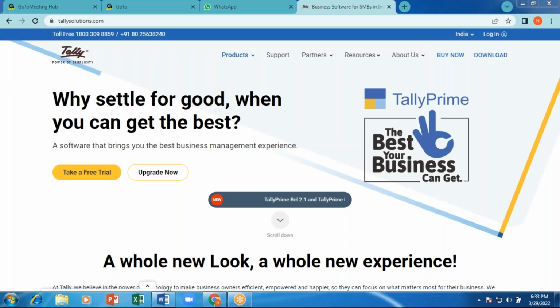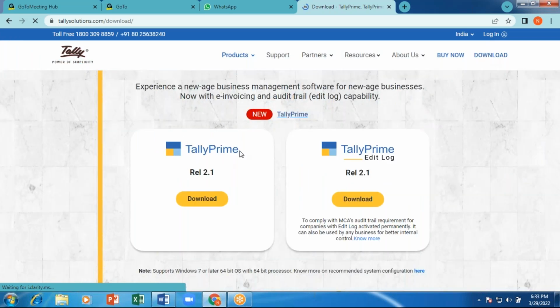Let me show you once again. This is the website where we download Tally. You will go to download, and you'll see TallyPrime. Just click on this download. At present they have given one more option, since Tally was not supported on a Mac. Additionally, just for a trial